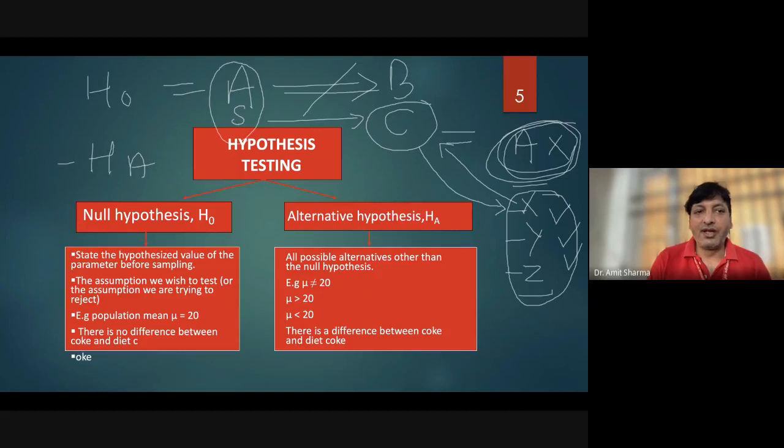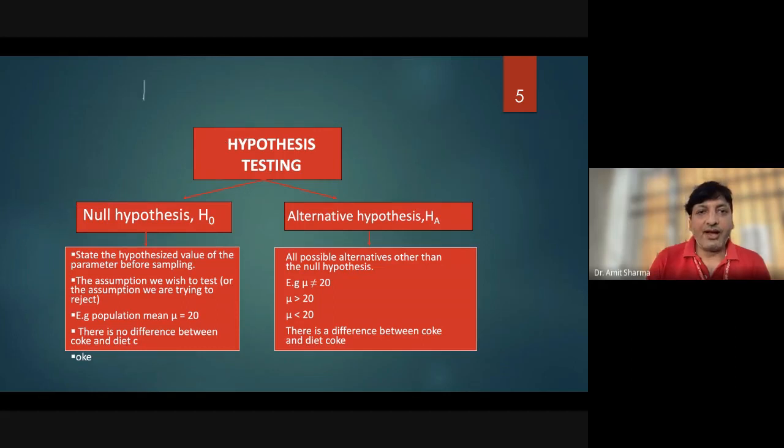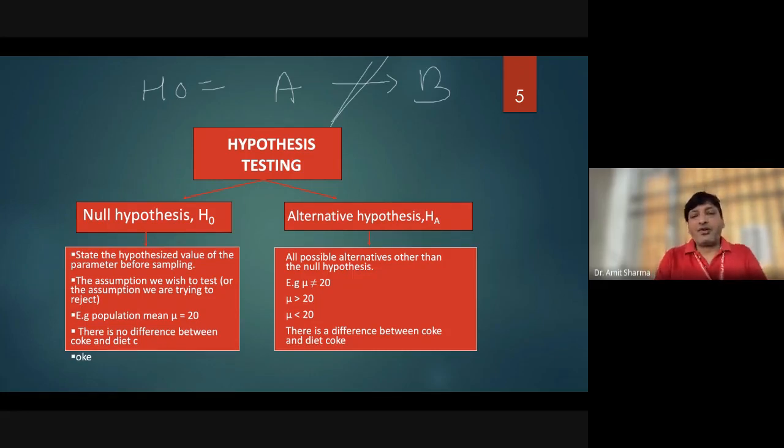So what will you say? You'll say that the alternative hypothesis is true, but you will not state this in the research paper or in the review paper. You will write that the null hypothesis is rejected. And how are you going to write it? You will write that H naught says A is causing B. So you will reject this, that A is the one which has caused the cancer.